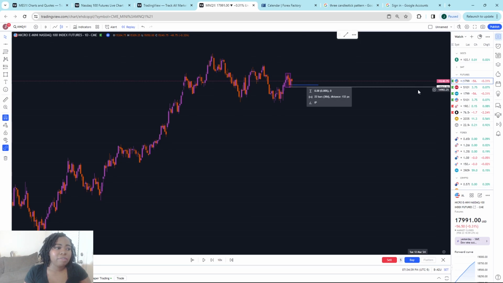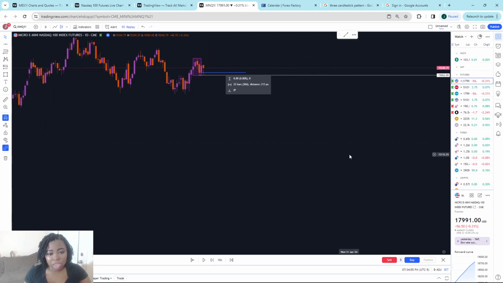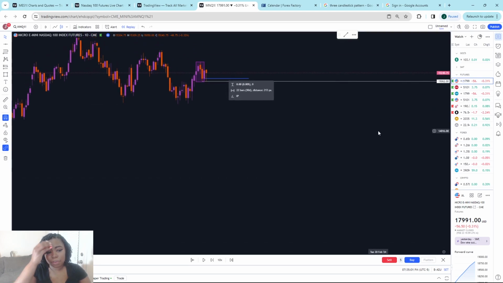I already have the charts pulled up for you all. So right now I'm currently on the NASDAQ, and I am on a daily time frame. And the first thing that I like to do when it comes to this strategy is find 3 consecutive candles, and once I've found those candles on the daily time frame, what I like to specifically look for is